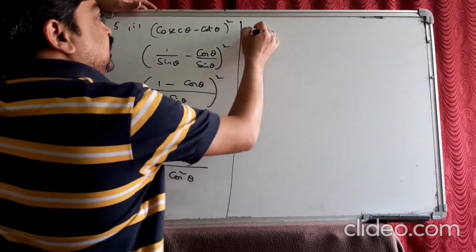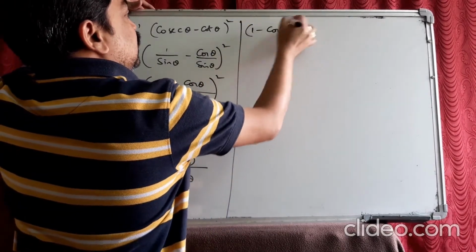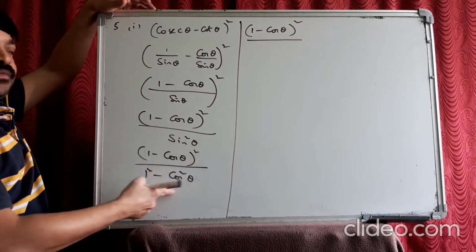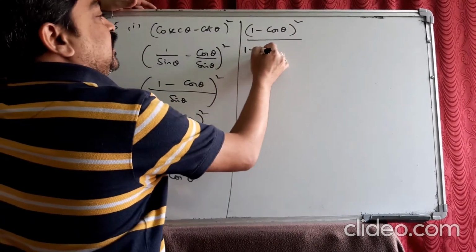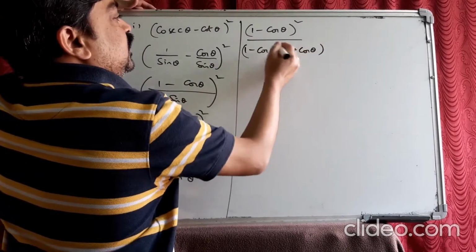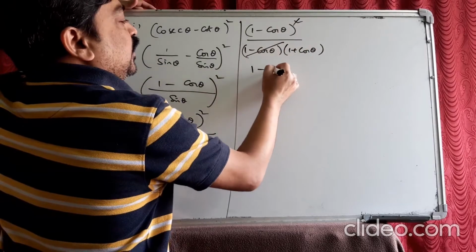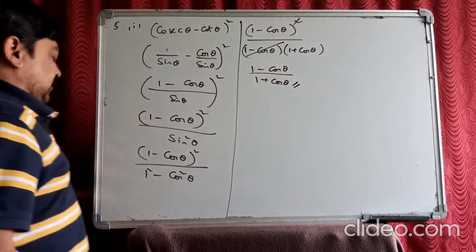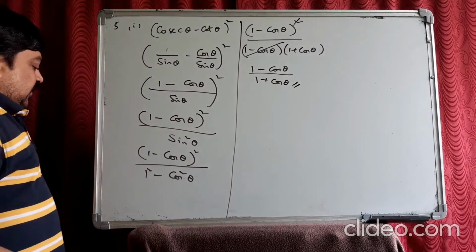You can write it as (1 minus cos theta) whole square by... it looks like a square minus b square. You can take it as (a minus b) into (a plus b). So you can cancel one of them, 1 minus cos theta by 1 plus cos theta. The same way, second one,